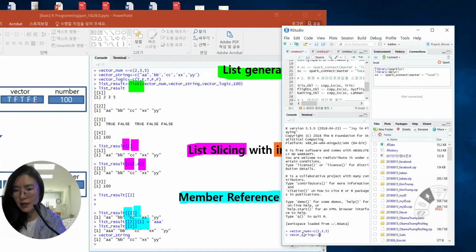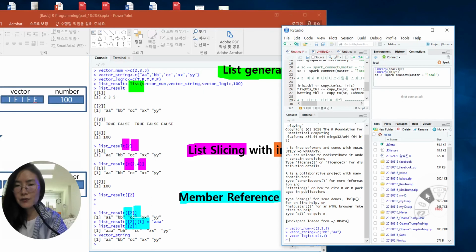So we can make a second vector and a logic. Okay, we can make it slightly different from my slide, but don't worry about it, right? So after that, we can make the result